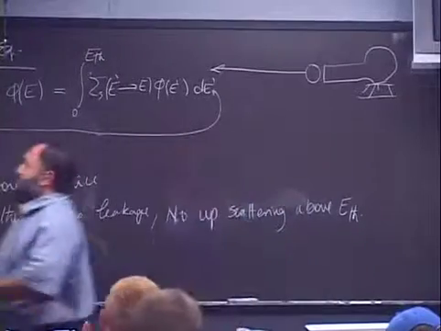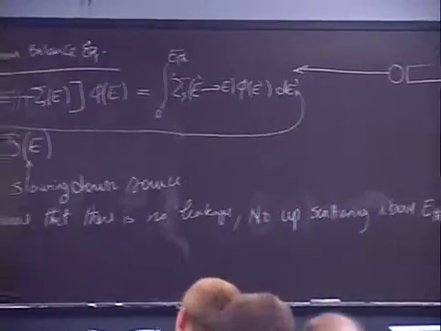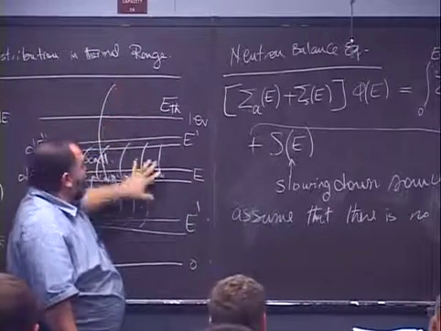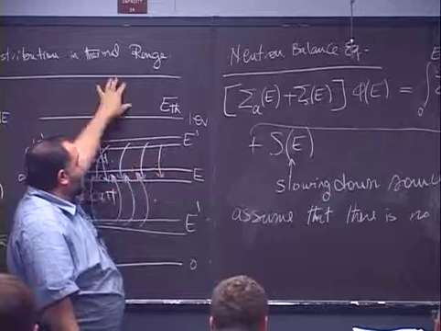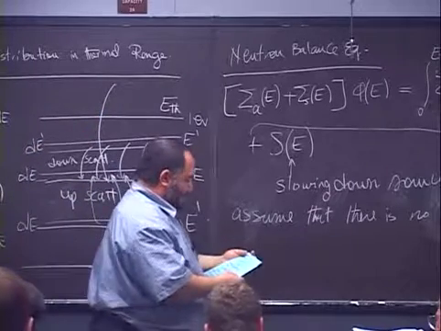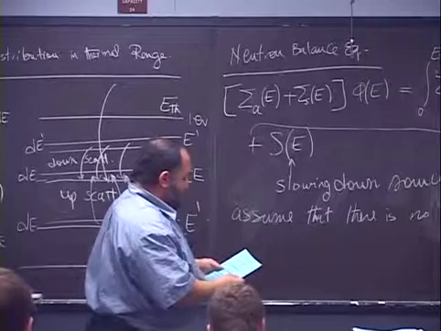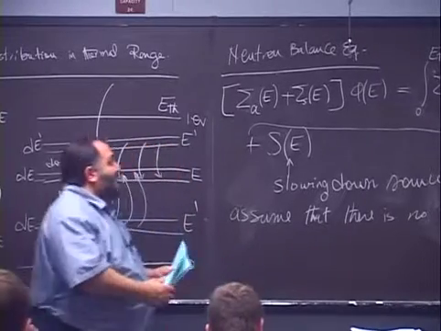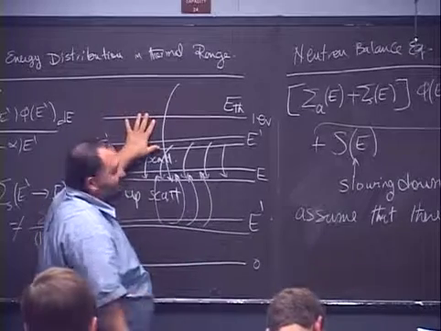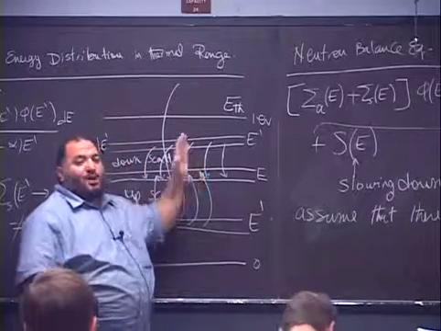So above the energy E thermal, if the energy is here, there is no upscattering. It's upscattering only in the thermal energy region. Above, there is no upscattering. So if there is no leakage in the system and there is no upscattering,